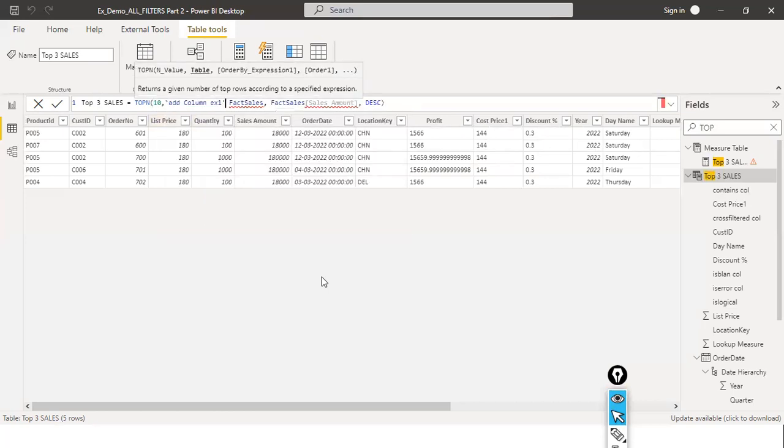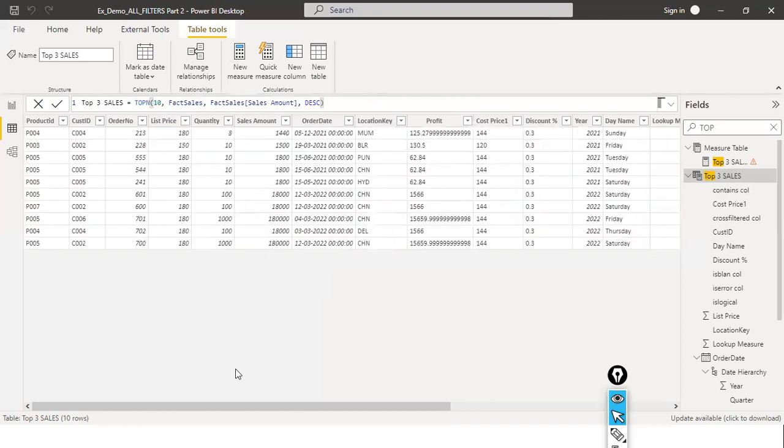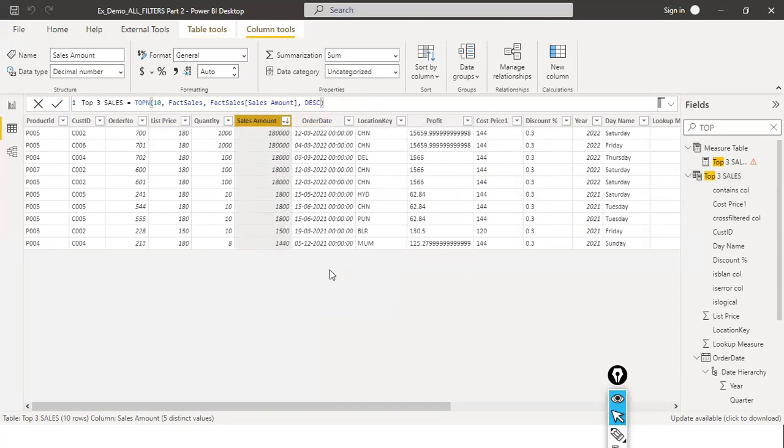Sorry, 1 second. If I say top 10 sales, look here, it shows the top 10 sales amount, right? In descending order. Ideally it should show it in descending order. If you go here and select sort descending,